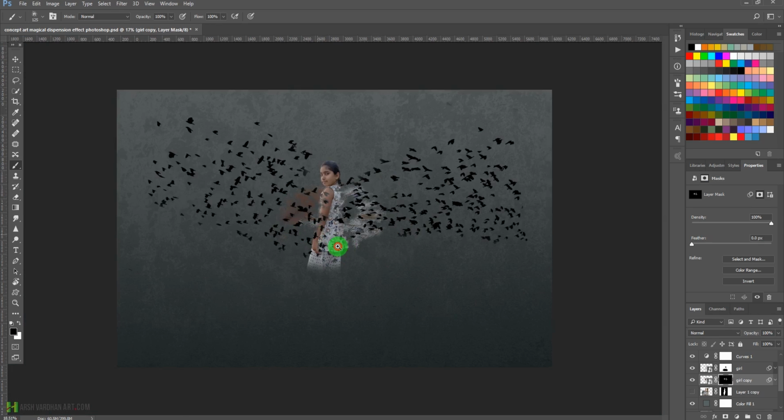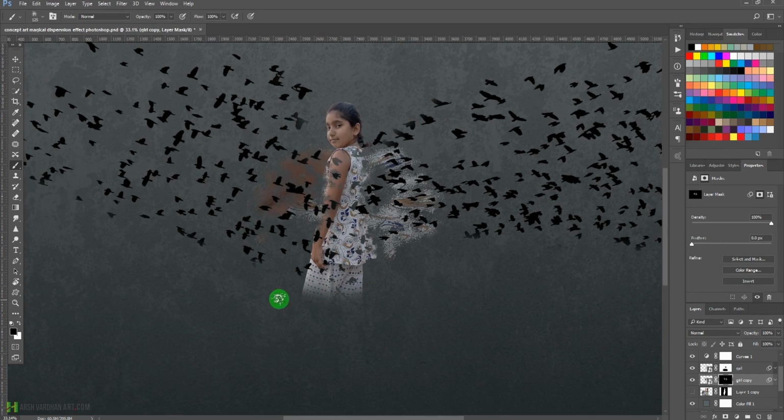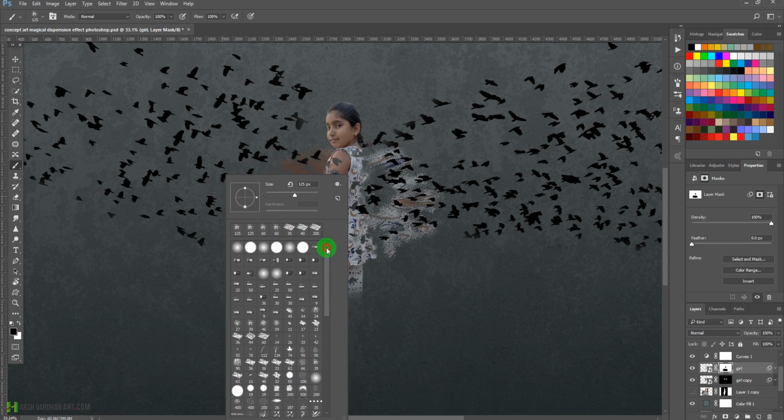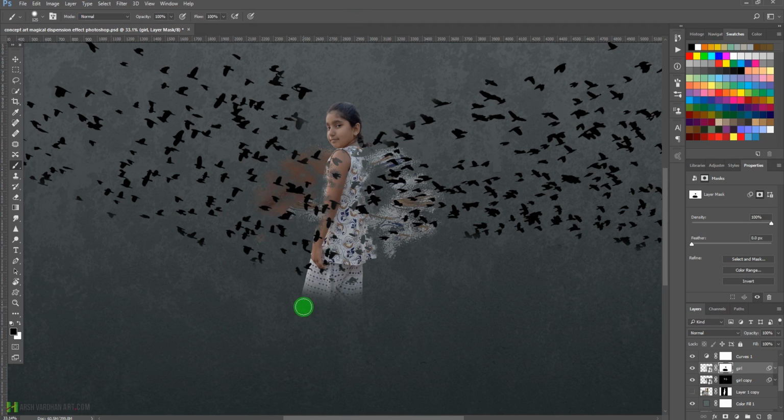Put this kind of effect, and now we'll work on the bottom part of the girl. So we'll select this girl layer, and this time we'll be using the soft brush with a little bit of hardness. Okay, so we will paint in with the white color. Alright, I need to lower the opacity to, let's say, 16%, and select the mask and paint in. Okay, and we are going to paint it something like this,